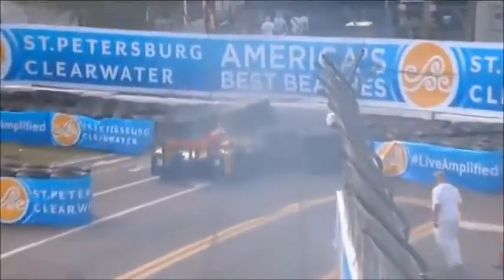Wow, and that's right, in turn number 10, he was approaching his teammate Alexander Rossi, setting up for that left-hander, locks him up, and just slides it big time. That is a big...